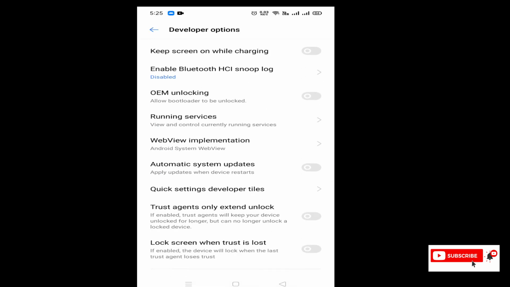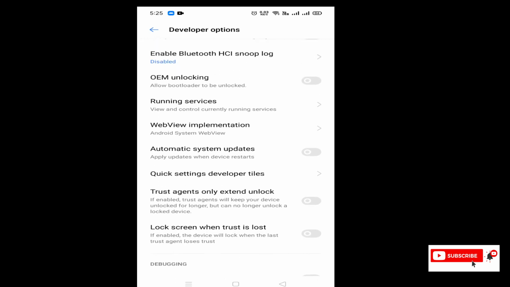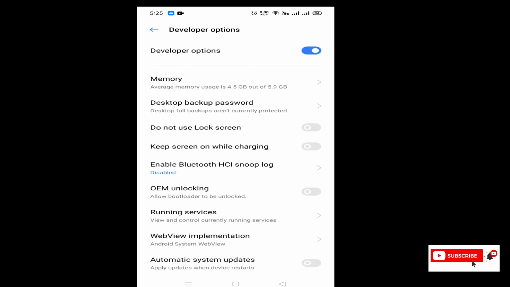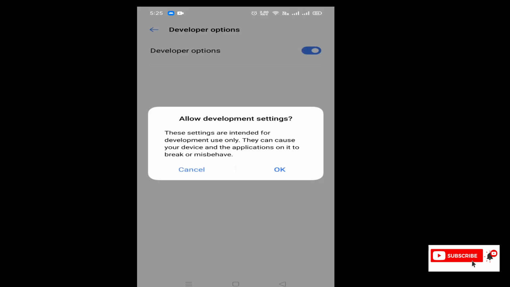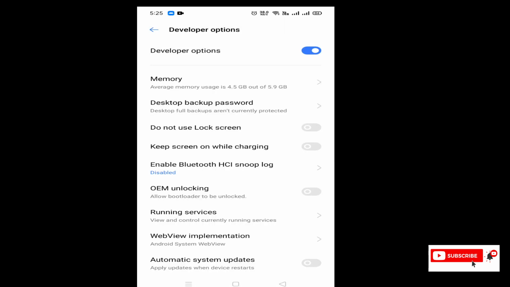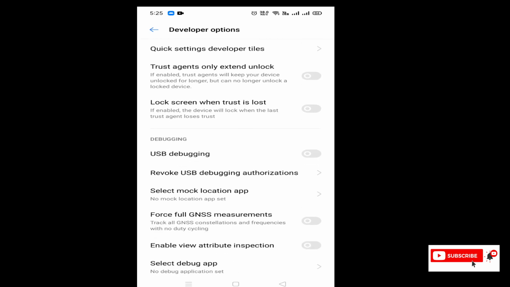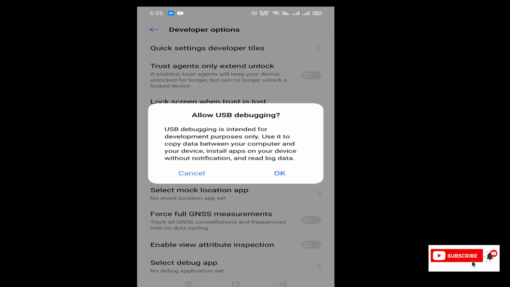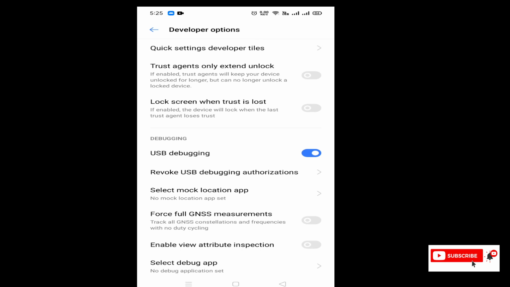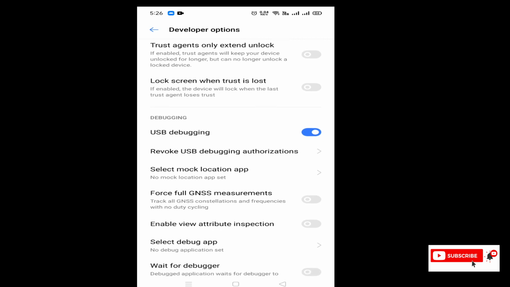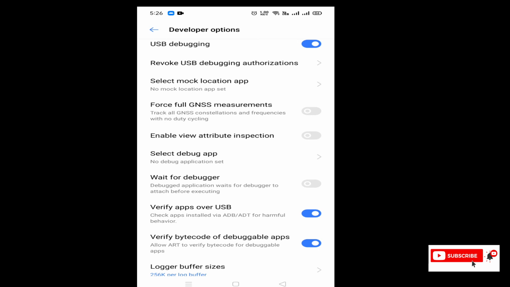Once we are inside developer options, we have many options to see, and we can improve our performance and do many things using developer options. But the most important thing we need to know is USB debugging. We need to enable USB debugging so that our mobile device is accessible from the PC. This is how we can enable USB debugging in developer options, and we can disable developer options as well. If you don't want this option enabled, you can scroll up and disable it.